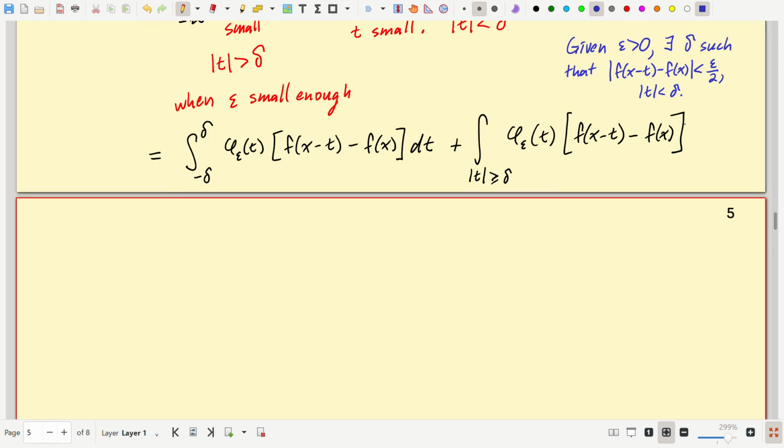Okay, so if I make these two integrals I1 and I2, forgot my dt here,